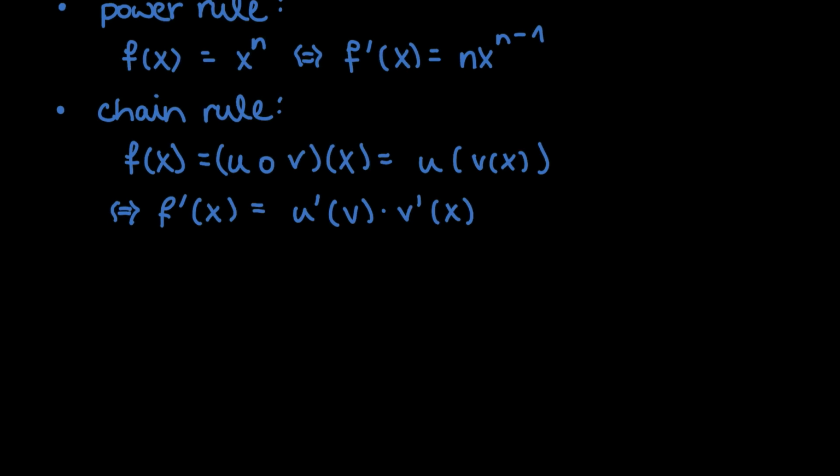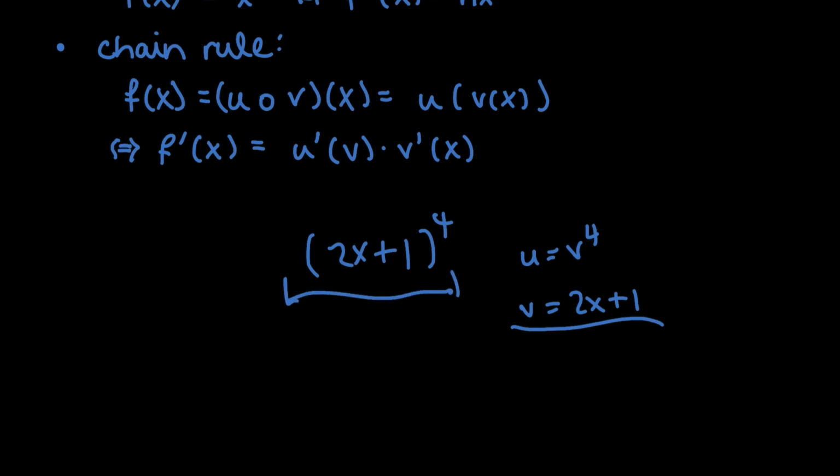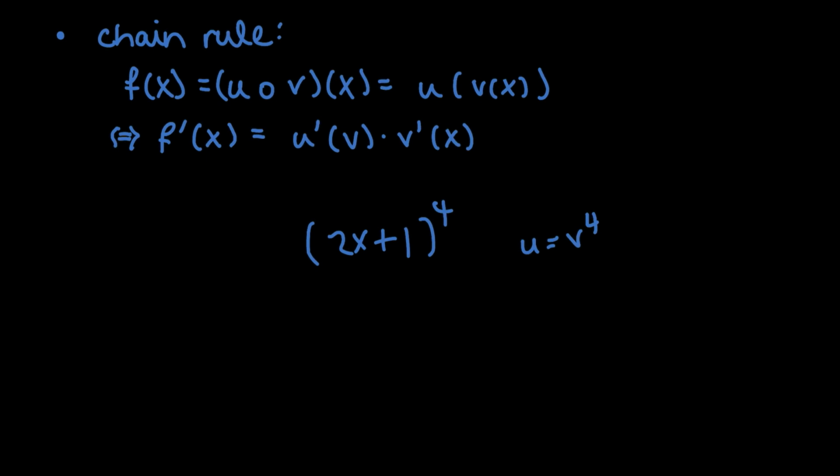So just to quickly do an example, imagine we had 2x plus 1, all to the power of 4. We could say that u equals v to the power of 4, and v is a function of x, which is equal to 2x plus 1. If we were to plug this v into the v over here, we would indeed get our main function. Now if we were to just apply the chain rule, we would get